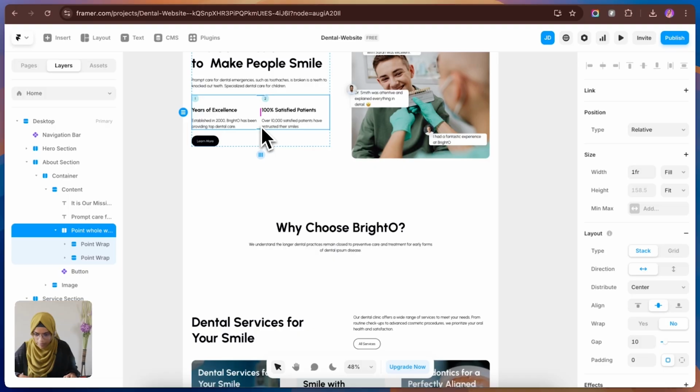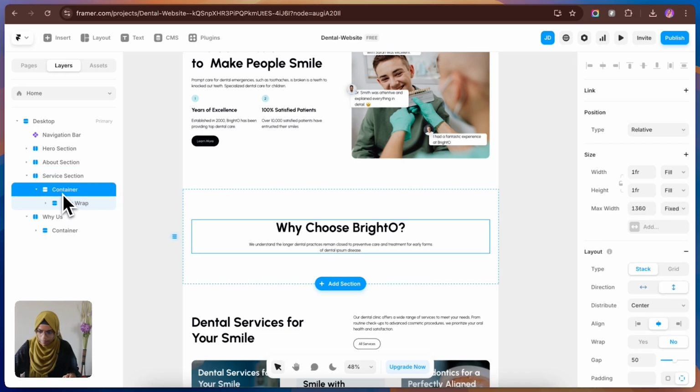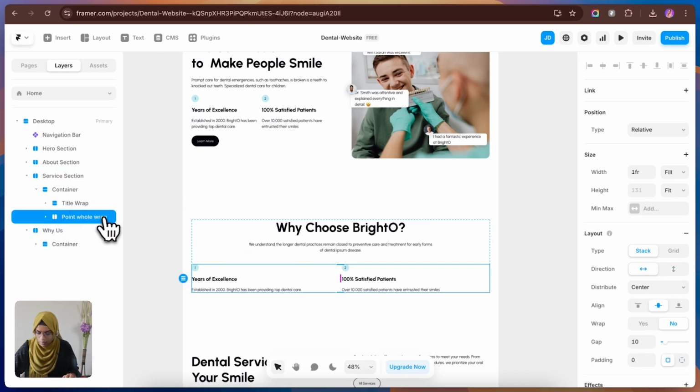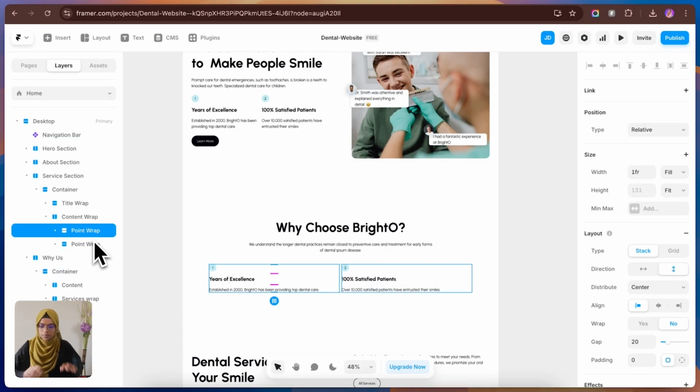So let me copy this one, that is this point wrap. Let me paste it inside this container. Now I have changed it to content wrap. Here we have a total of 3 points. So here